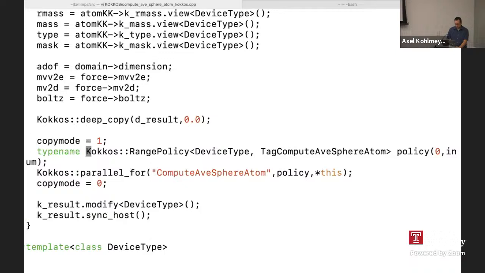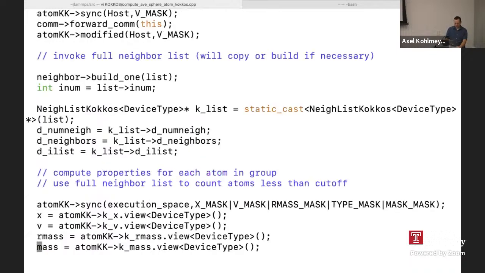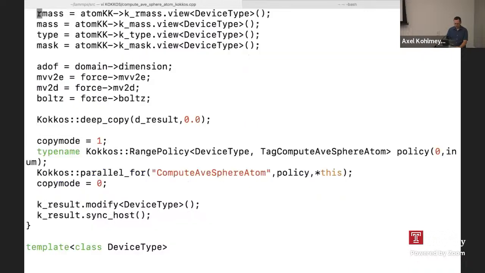Here we're setting, this is just like a ranged policy. It's just a flat parallelism. We put in the device type as the execution space and the tag, and then we set the loop bound. So this is just 0 to inum. Inum is from the neighbor list. So it's normally equal to the in local, like atom in local, unless you have a pair hybrid, and then it can be different. And then we do